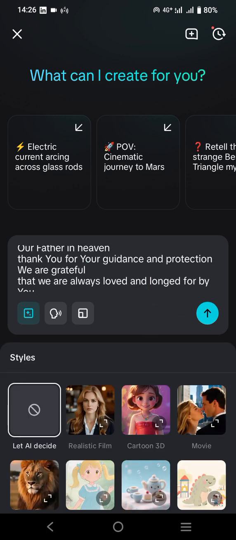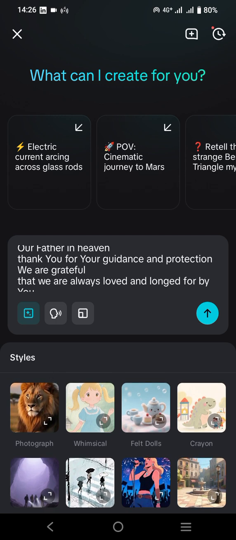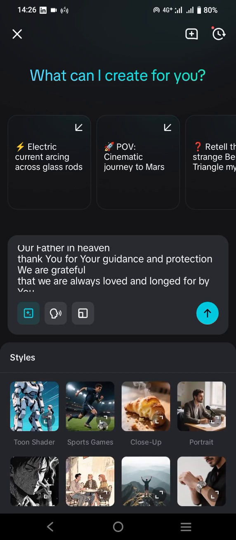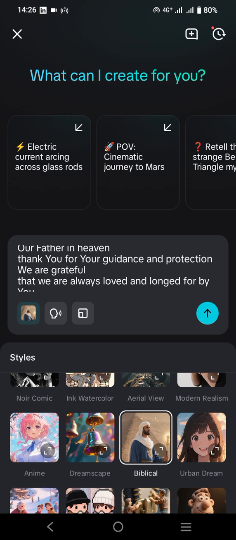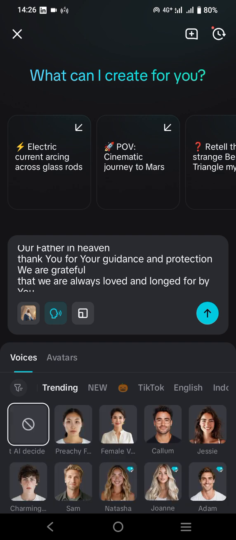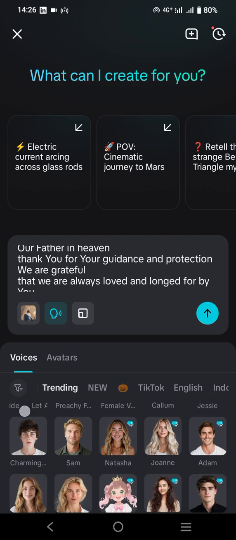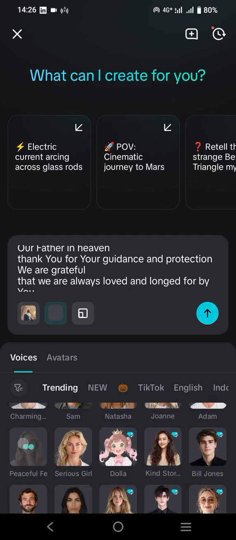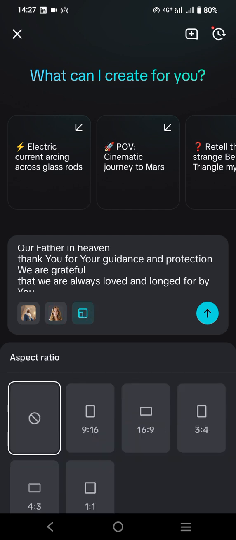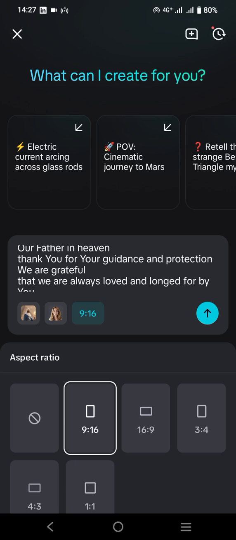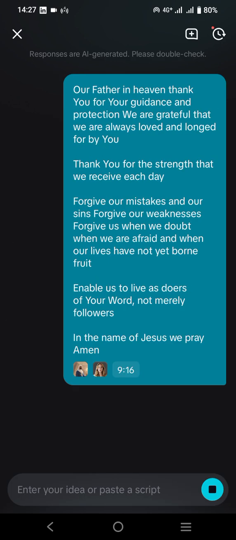For example, this one will be the style or the appearance of the prayer AI faceless video. So for example, I will choose the biblical style, and after that I will choose the narrator or voiceover that will deliver this prayer. For example, I will choose this one. You're using the text-to-speech feature. Choose a voice you like. And after that, I will choose the aspect ratio. And you can continue to click generate and kindly wait for the confirmation